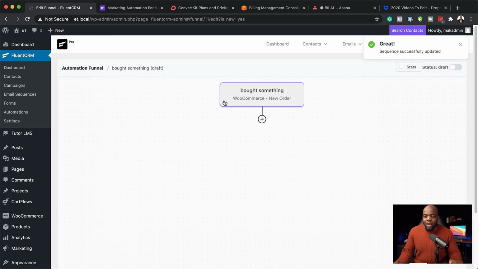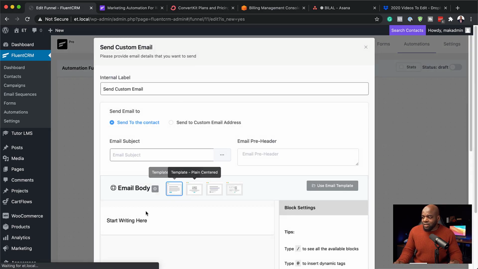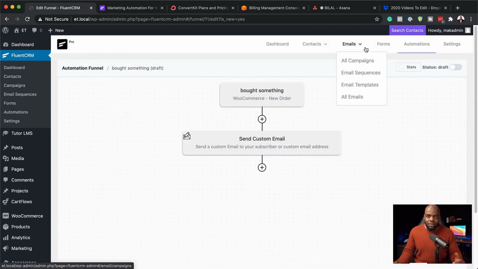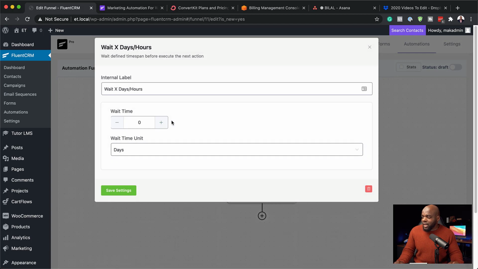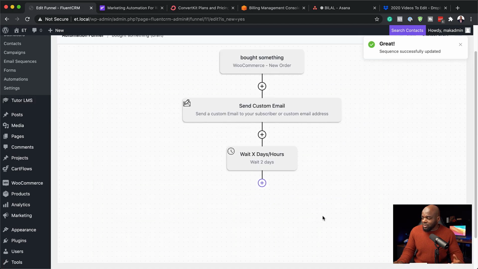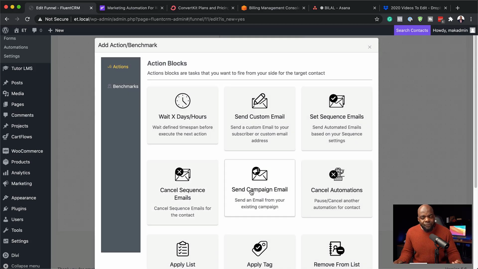Okay, so you can see here that our automation canvas is now blank, but this is where we can start adding everything that we need. So let's say this person that has bought something, we want to send them a welcome email. I can just click on this plus button, send custom email, and then I can just start creating my email to welcome them onto my site. And then over here, I can also delay maybe a few days. So I'm just going to add maybe 2 days here and then do something else. Okay. So this is how you can go in and add all these different actions based on how people are